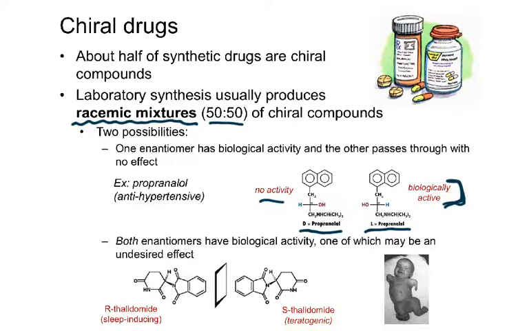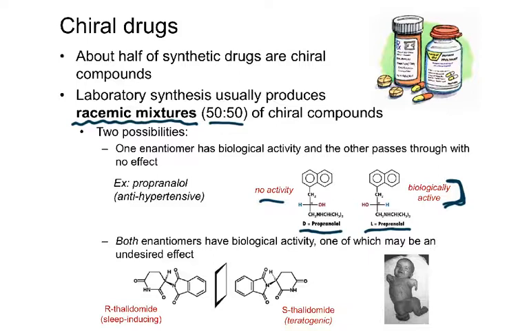But sometimes one enantiomer has a desired function and the other enantiomer has a negative effect. And that was true of this drug that was given in the 50s and 60s. It was an anti-nausea medication. It can also induce sleep. And it was given to a lot of pregnant women. Not in the U.S., fun fact for you, it was not approved by the FDA in the U.S., but it was given widely in Europe, in the U.K. and Germany especially. And this drug was called thalidomide, and it happens to be an enantiomeric, so it has a